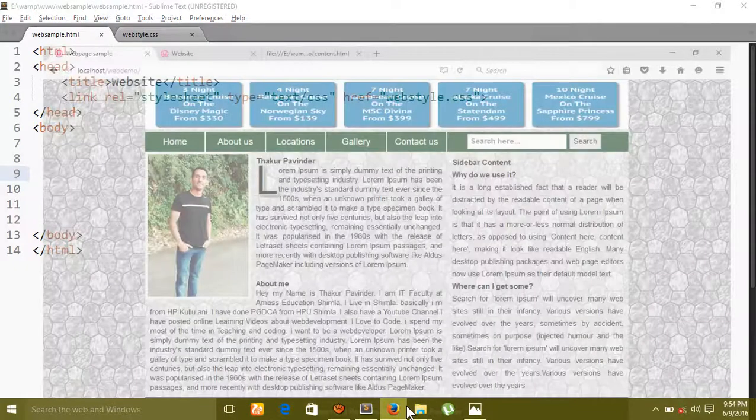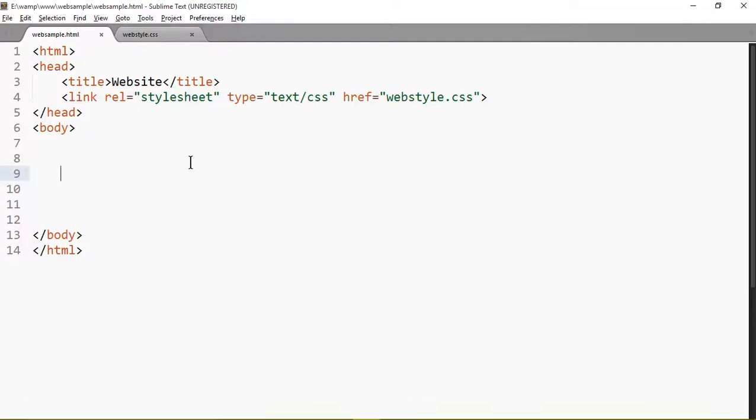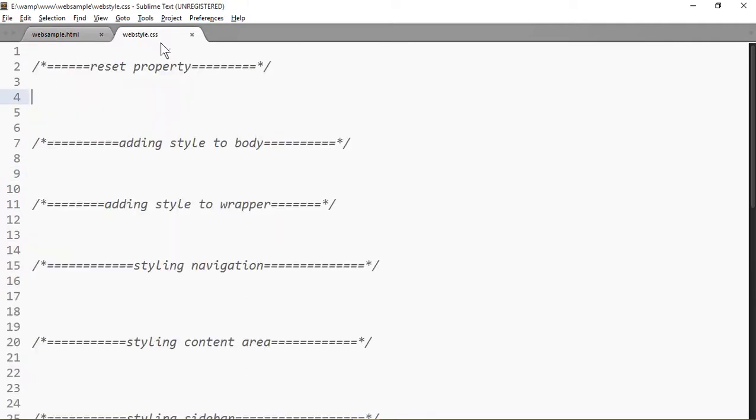First of all, let me show you the sample. Here it is. Nothing is displayed right now because there is no content, nothing is added in the HTML file. First of all, we will style our